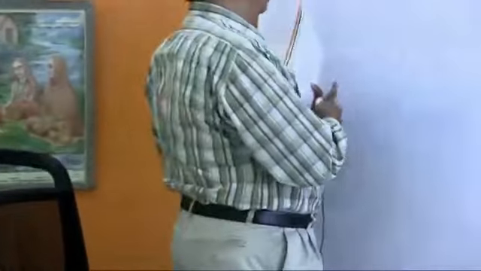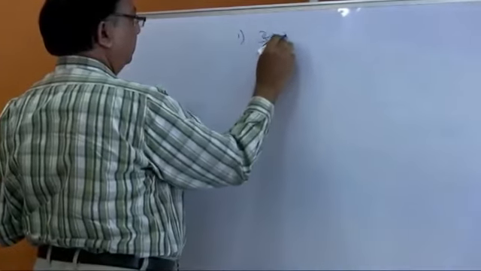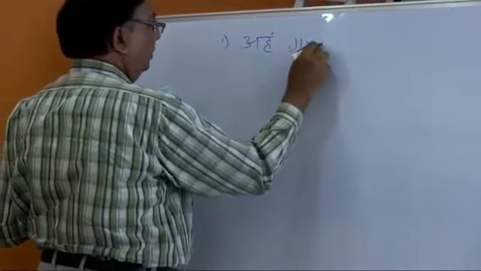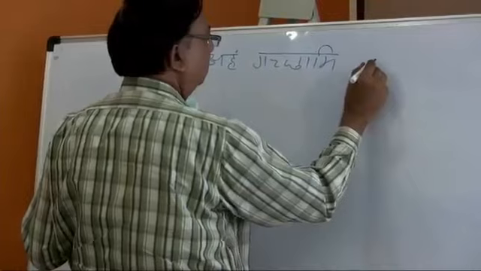Now there are about 10-15 sentences on this page 205, and they are like this. I will read, please follow them. Those who have the books with you may look into page number 205. Aham gacchami. There is one sentence given here which has to be converted into its imperative first person mode. I am also writing on the board. Aham gacchami. This has to be converted into imperative mode.